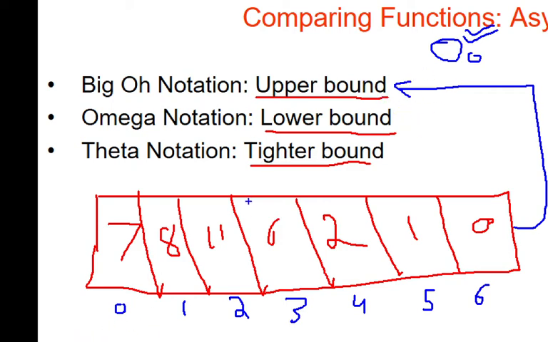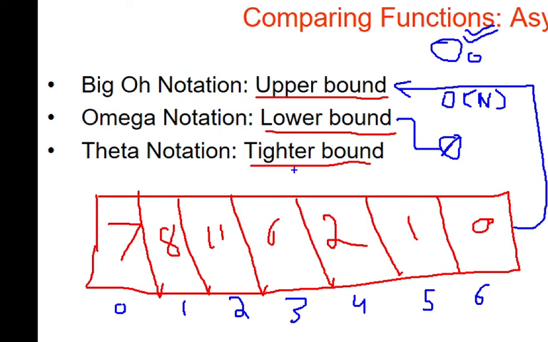Now if we write a piece of code for this algorithm, we will be running a for loop from i equal to 0 up till n, right? So in this particular case, the worst case time complexity will be order of n, right? Now let's come to the lower bound, which shows the best case. In the best case, the item which we are trying to find is in the first slot, right? So as we reach the first slot, the item is there. So in that case, the complexity will be omega of 1,